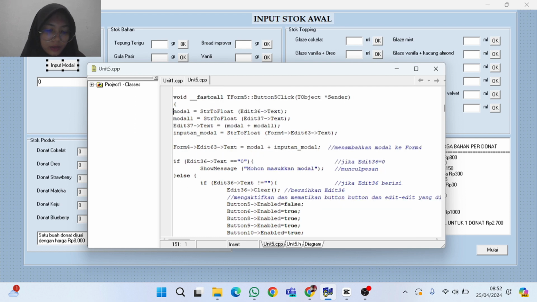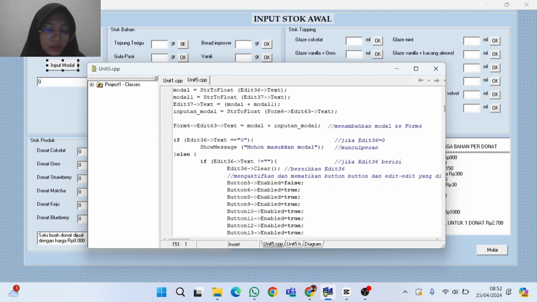This is a search for adding capital to Form 4, which is income recap. Here there is a branching: if edit 36 is 0, then a message will appear asking to enter capital as I have demonstrated earlier.